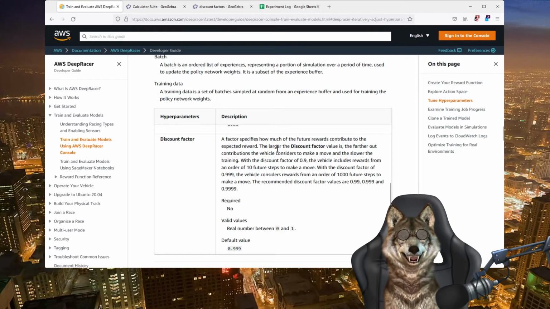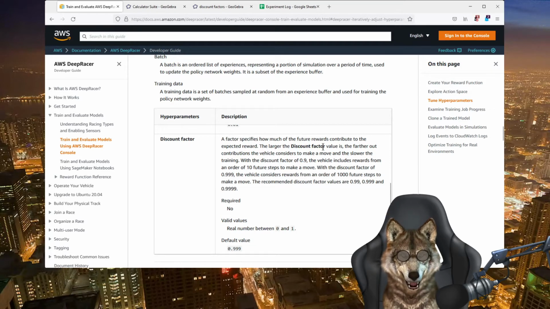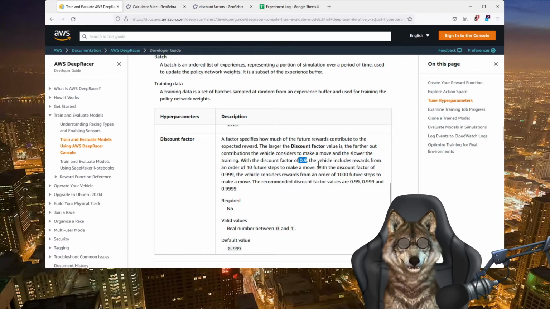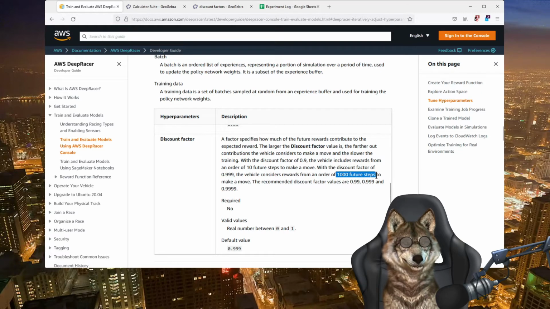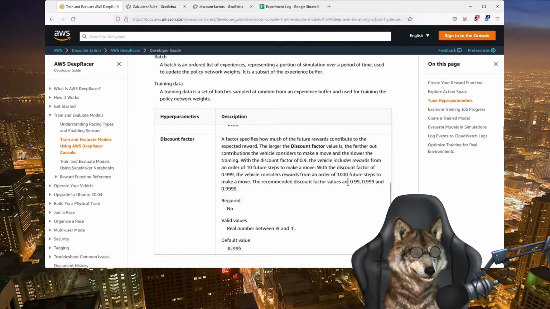The larger the discount value is, the further out contributions the vehicle considers to make a move, and the slower the training. With a discount factor of 0.9, the vehicle includes rewards from an order of 10 future steps to make a move. With a discount factor of 0.999, the vehicle considers rewards of an order of 1,000 future steps to make a move. The recommended discount factor values are 0.99,